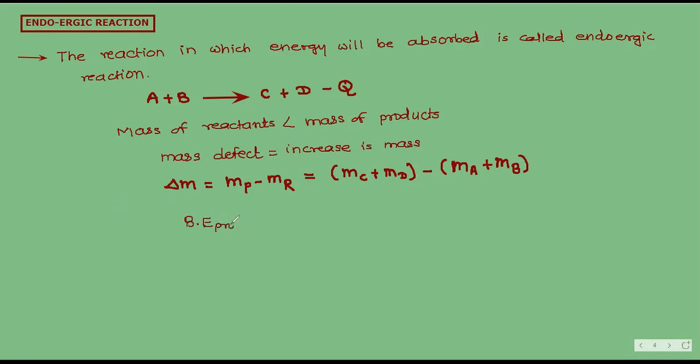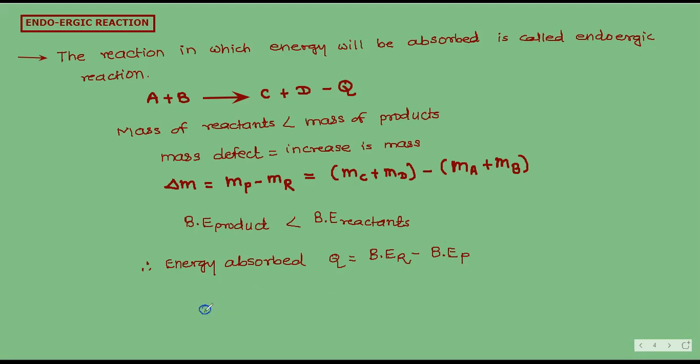Binding energy of product is less than binding energy of reactant, in an endoergic reaction, and therefore energy absorbed, that is Q, capital Q, is equal to binding energy of reactant minus binding energy of product,